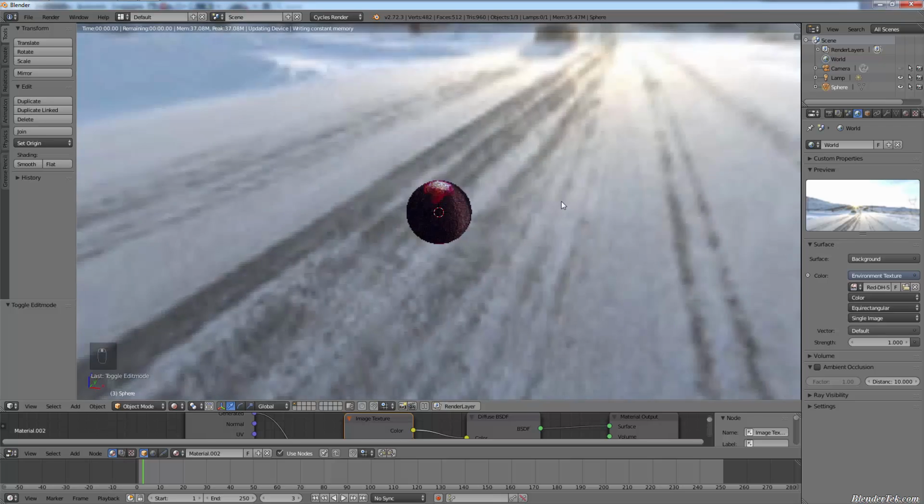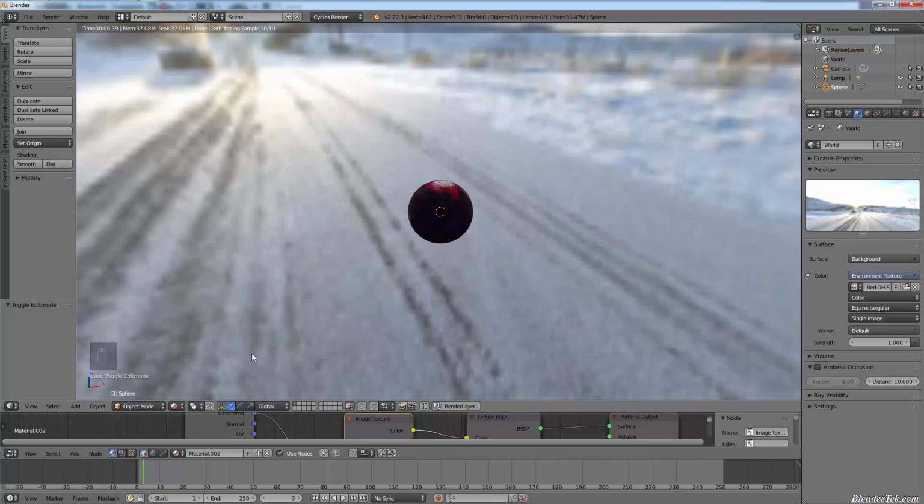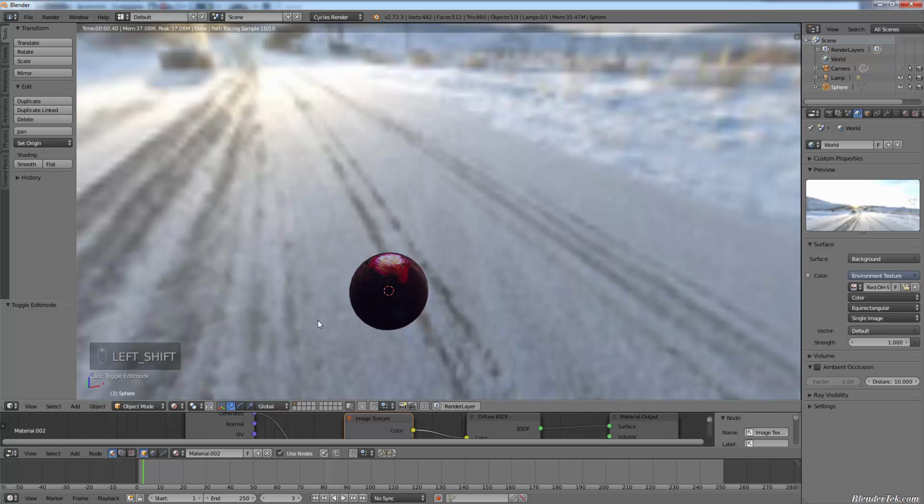Oh, I forgot, in the daily builds you can see environment textures in the viewport. That's not exactly what I wanted. Anyways,